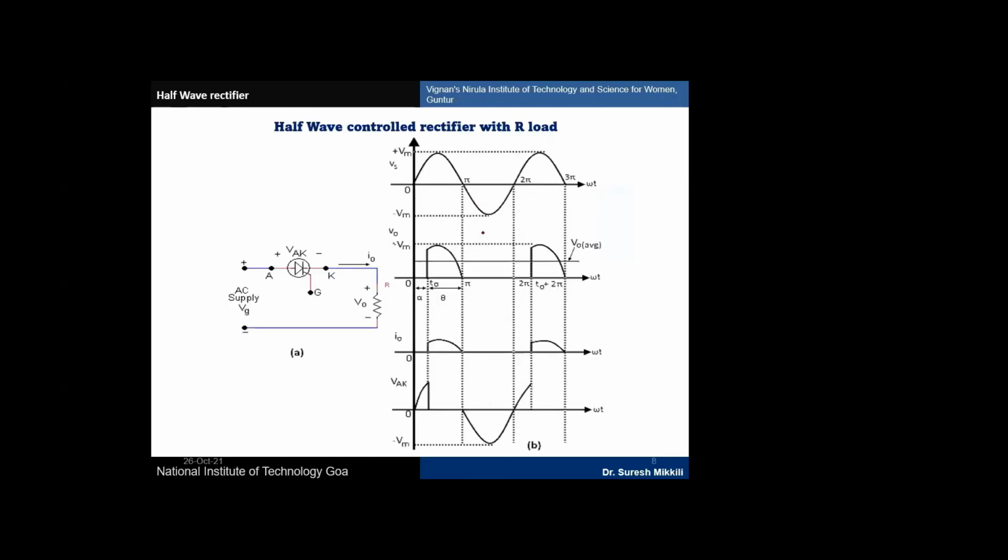So now we move to the half wave controlled rectifier. Why is it called controlled? Because here we are considering one pulse generator. In the pulse generator, the amplitude is 1, the period is 0.02 seconds, and the delay is 30 degrees. To convert 30 degrees into seconds, I have given 30 into 0.02 by 360 degrees. Okay.